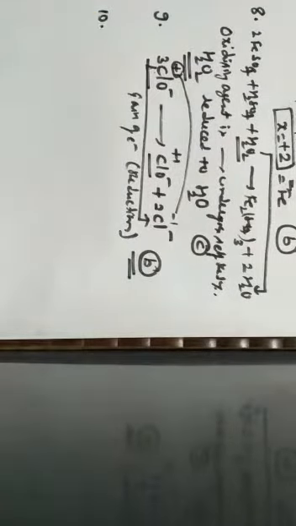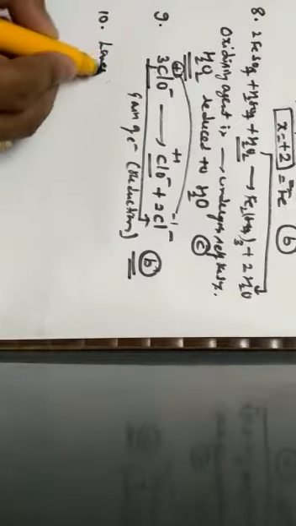Next one, question number 10. The standard reduction potentials at 298 Kelvin. So when we go through the values of E0, here the E0 value with reference to all different equations, which of the following is the strongest reducing agent? Here one should know that lower the reduction potential, more easily it is oxidized. So we should know this.